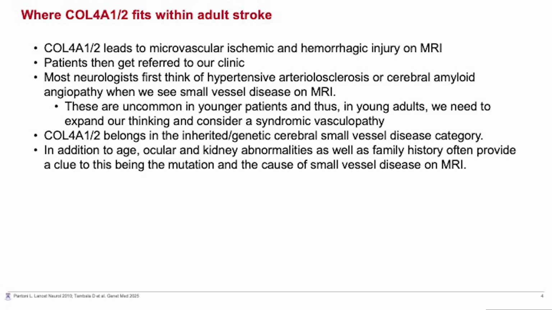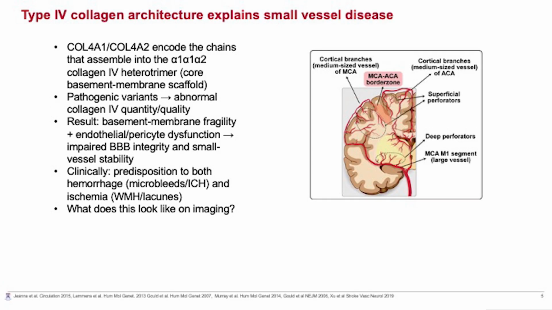The other systemic manifestations that tip us off to this are the eye and kidney abnormalities and family history, which can provide the clue to this being a mutation and cause of small vessel disease on MRI. Some of this was covered this morning, but it's really a disease of type 4 collagen. COL4A1 and A2 encode chains that assemble into this heterotrimer, and the pathogenic variants lead to abnormal collagen quantity or